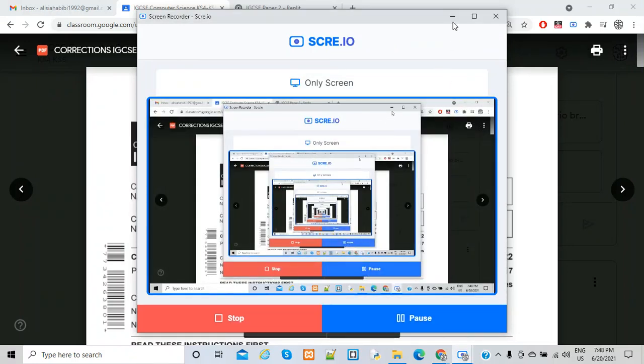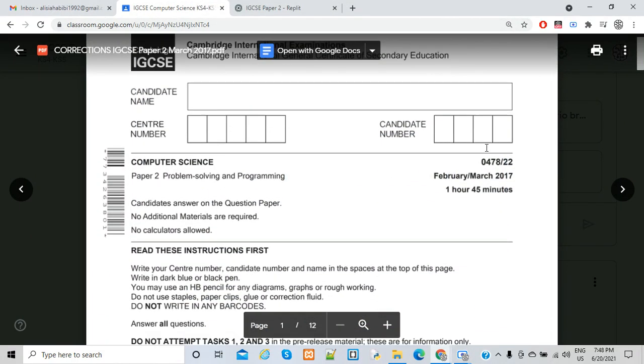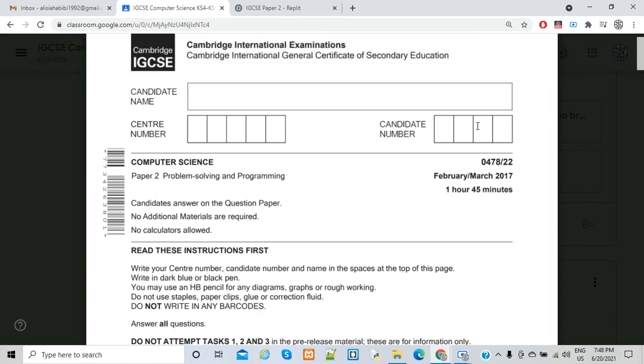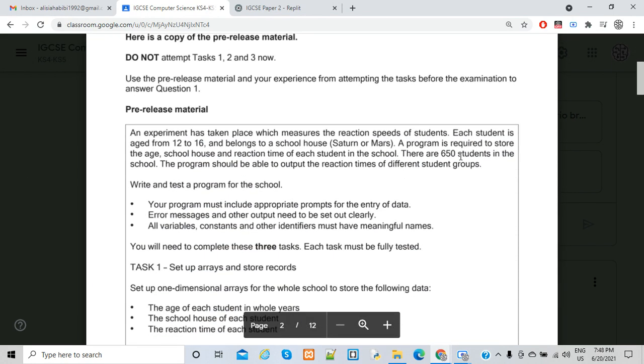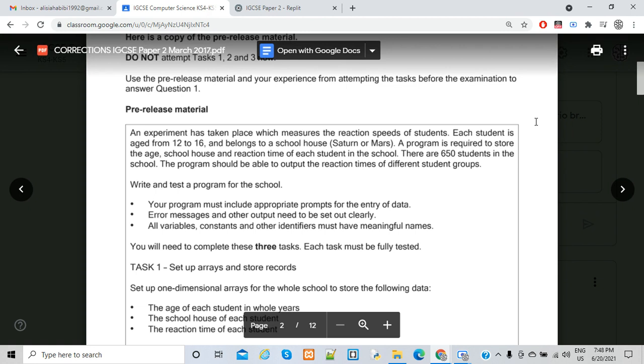Hello guys, welcome to another video tutorial that continues from my previous video tutorial, when I did mention that I will be doing another one to answer the questions from this pre-release scenario that we did last time, of the reaction times for an experiment with regards to two schoolhouses, Saturn and Mars. If you're not familiar with what I'm mentioning, please check on my playlist for the IGCSE Past Paper 2 solutions,